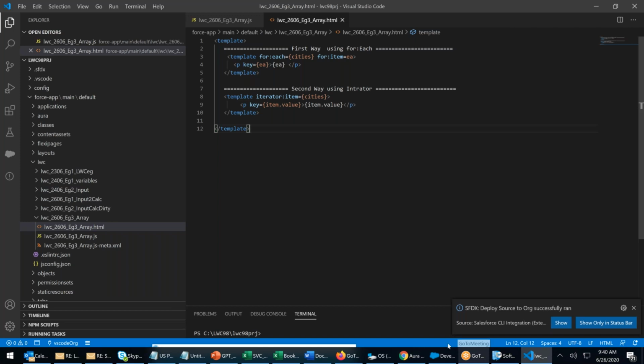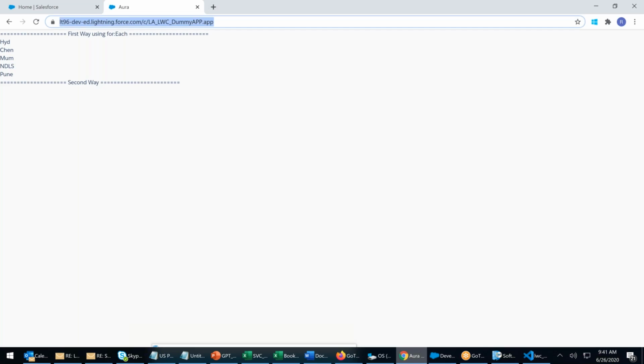Now, done. Let me go ahead and check the output. Second way. See, both are the same. First way using for each, second way using iterator. Both give you the same result.